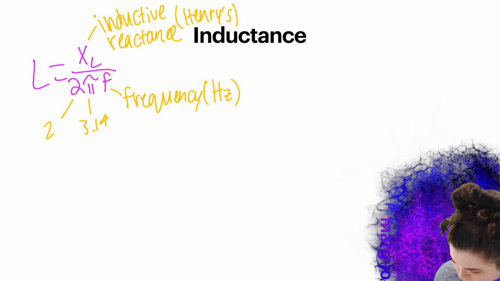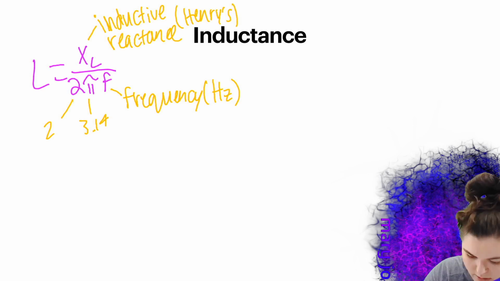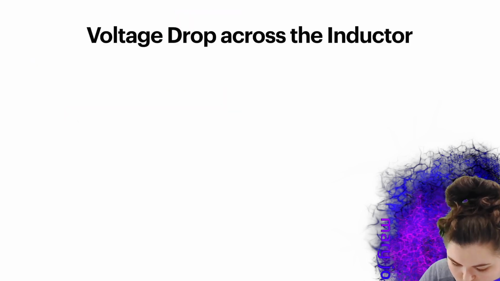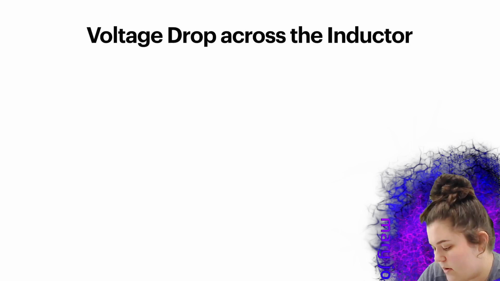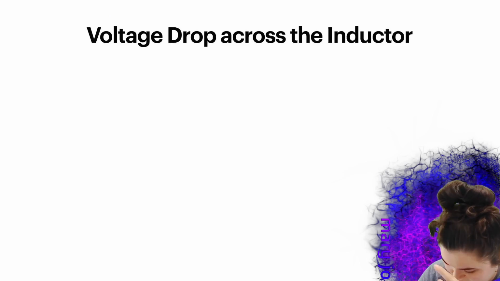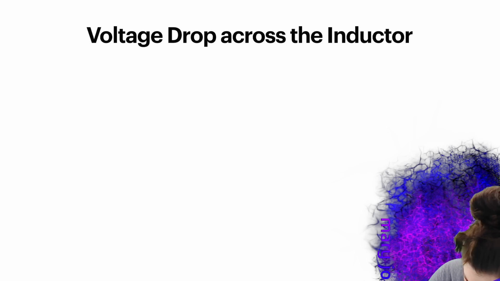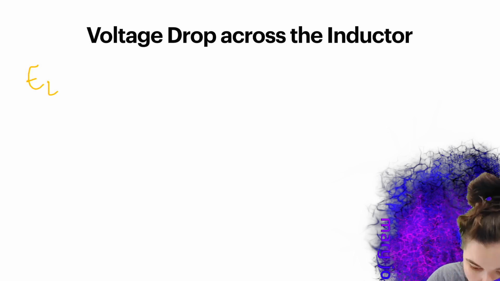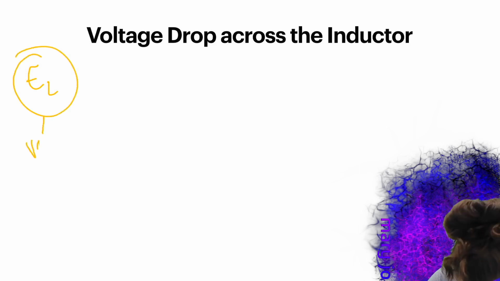Alright, so moving on. We know how to calculate inductance, so we're not going to go over that too much. The voltage drop across the inductor. So this is going to be the formula for that. So L stands for inductance, right? So anytime we see an E with a sub L or E sub R, E sub T, we would know that that means voltage total, voltage of that resistor, or in this case, voltage